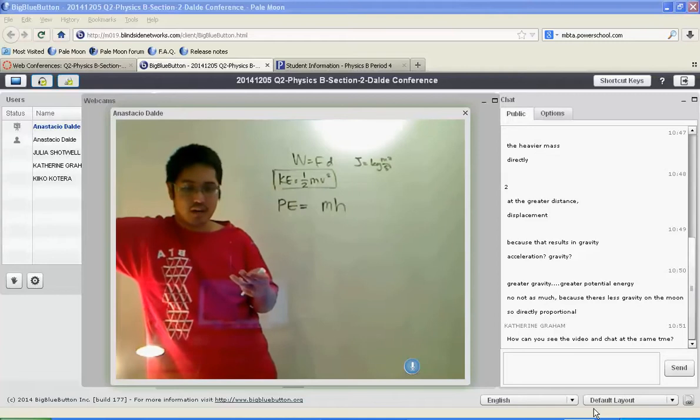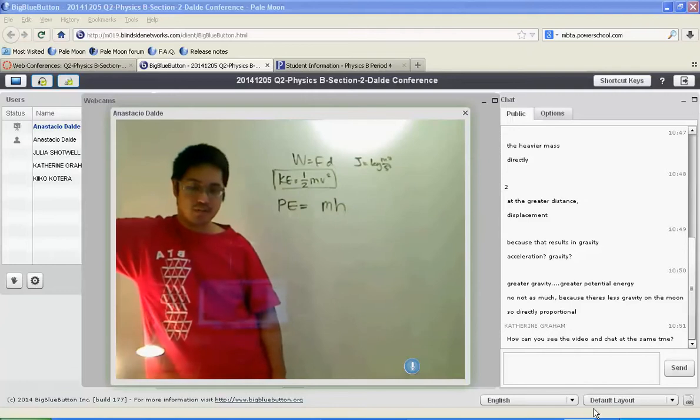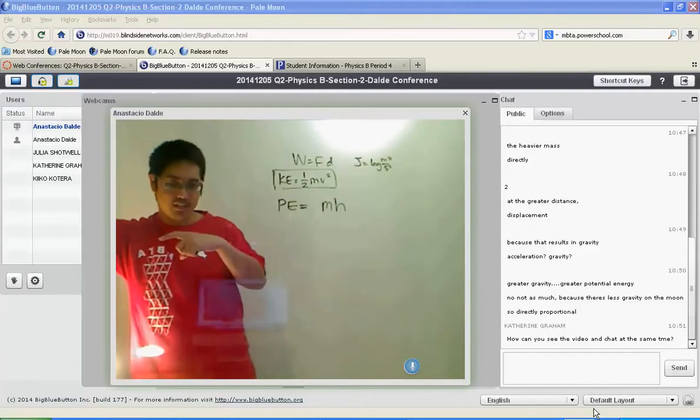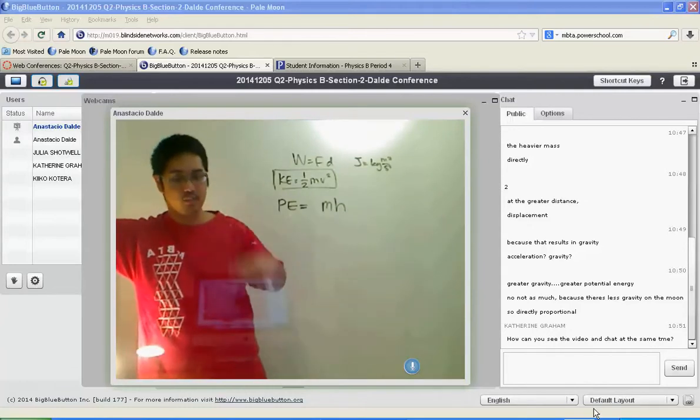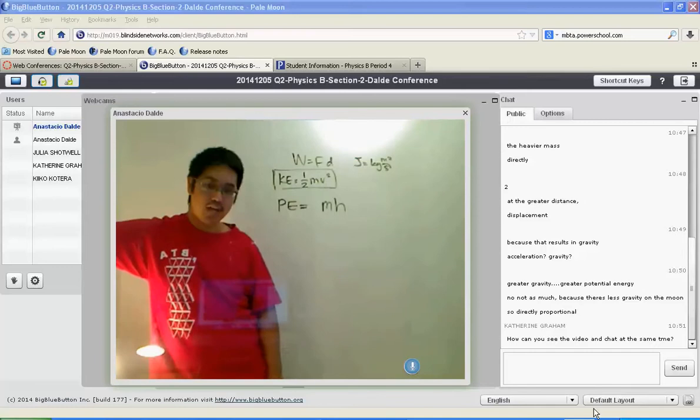All right, Catherine, I think what you're trying to do is see the video and chat at the same time. I think you made the video full screen, as opposed to making it that really small screen. What you might want to do is take the really small screen and drag it so that it's proportionally big. Then you can chat and see the video at the same time.